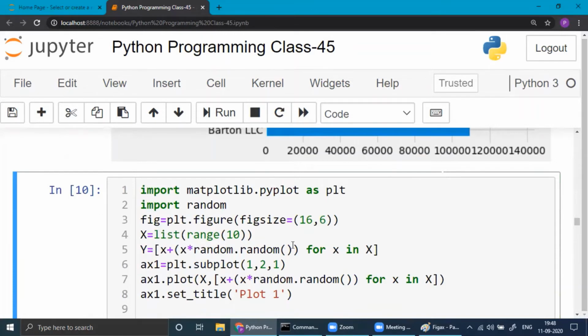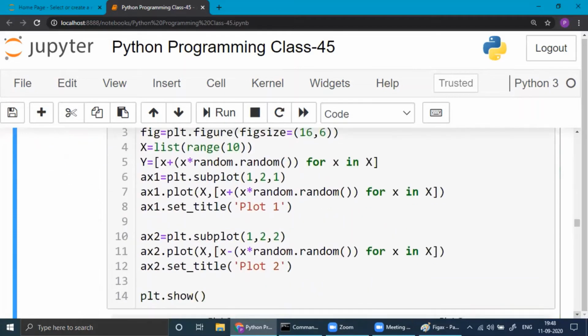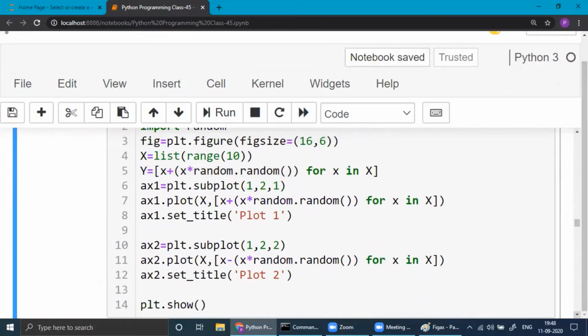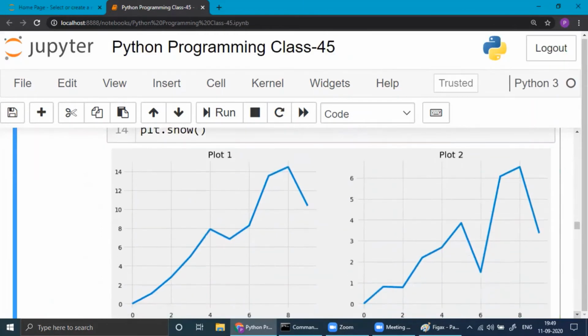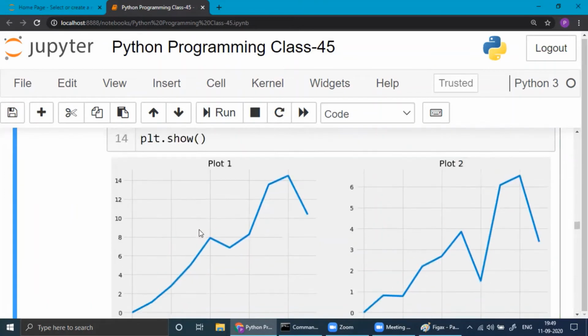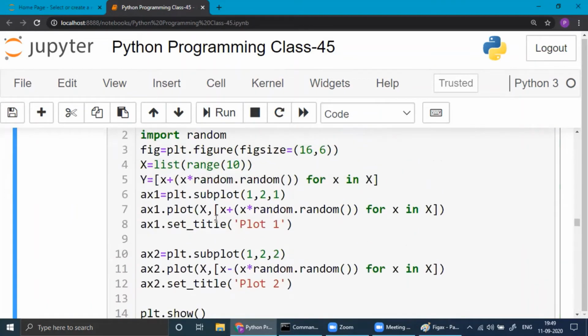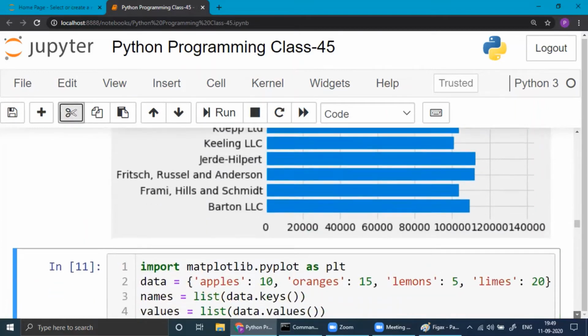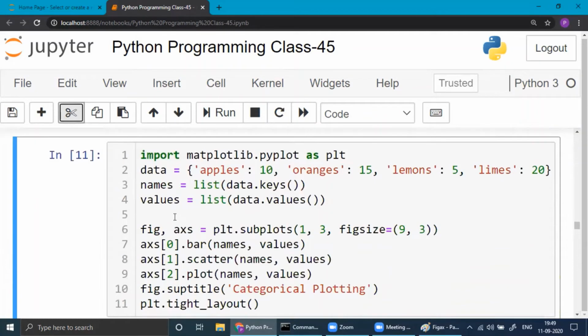Now the next one. Subplot. Maybe this is by mistake, it's here. Next comes this one.